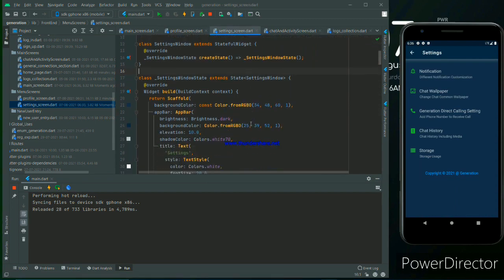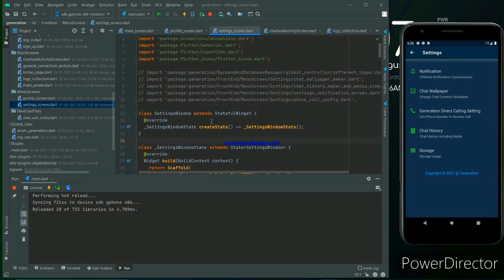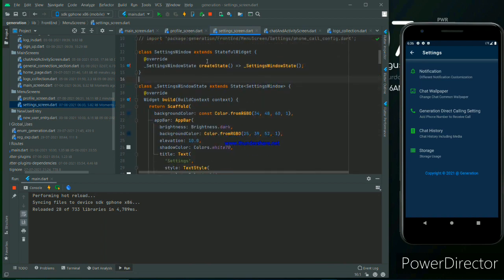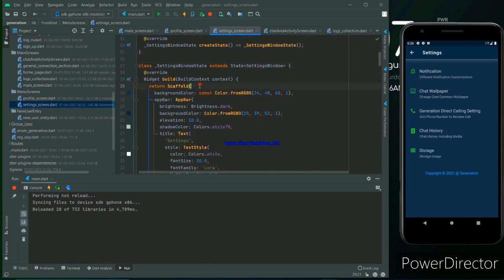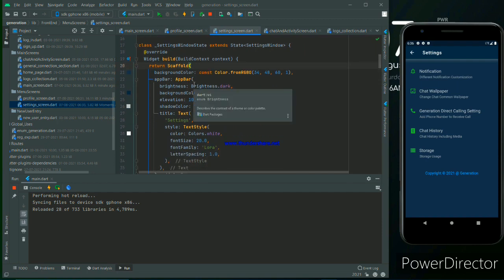What I made here, let's start. I made a stateful widget because there is something associated with the runtime configuration, as I told before. So the settings window is a stateful widget, and under that we use scaffold. This is scaffold actually for the background colors, as you know, and we made a bar as you can see, and the back button is automatically made, no need to use it manually if we do not provide any leading icon. If you want you can remove it, this is totally your choice. And we make an app bar named settings.